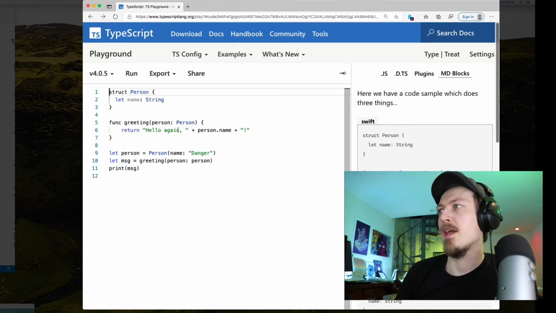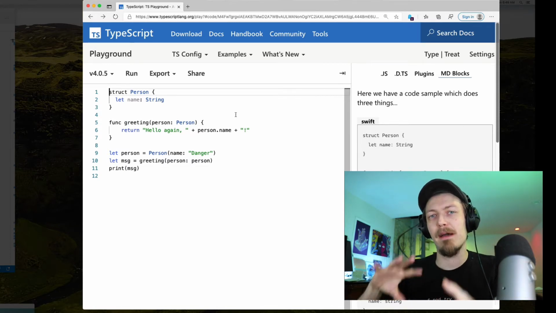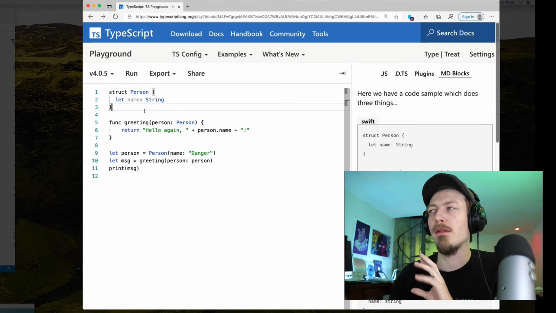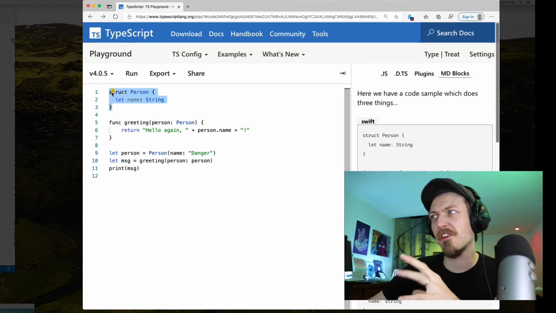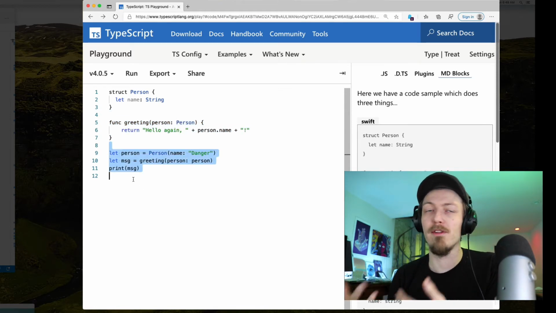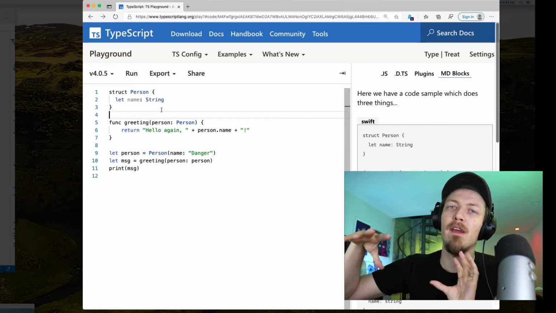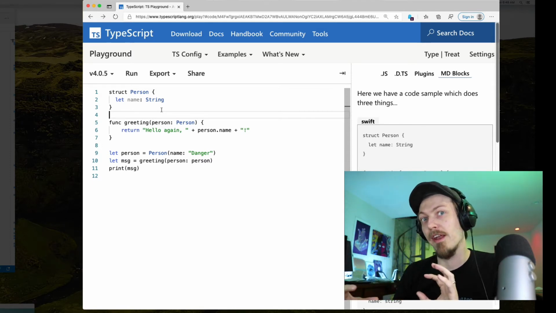Next up, we have a general example of what it looks like to think about type versus runtime code. If we look at this code in Swift, you have a definition of a struct, you have a function, and then you have some code that sets up and uses both of those things. Now, there are parts of this that are here to tell the compiler what all these pieces are and how they all connect.